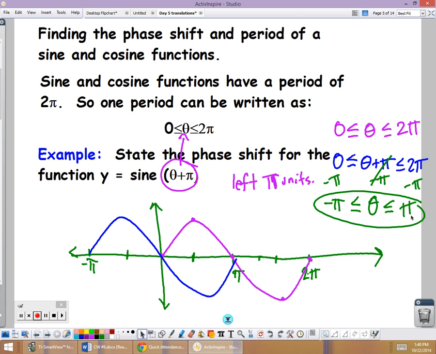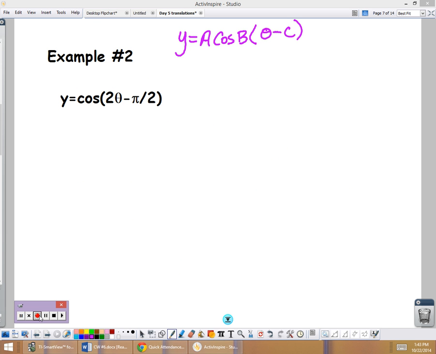So now let's try some more complicated ones. Alright, so in the next example, we need to identify our A. What is our amplitude? Everybody, what's our amplitude? 1. There's just a 1 in front here. We don't know what our b is yet. We need to identify it and factor it out. So we just had a second to think about that, and a couple of people suggested divide each of these by 2, or get a 2 on top here. To get pi over 2,